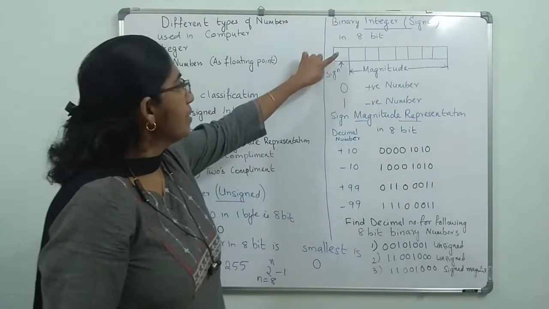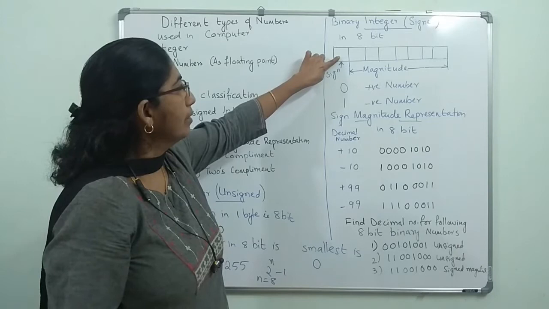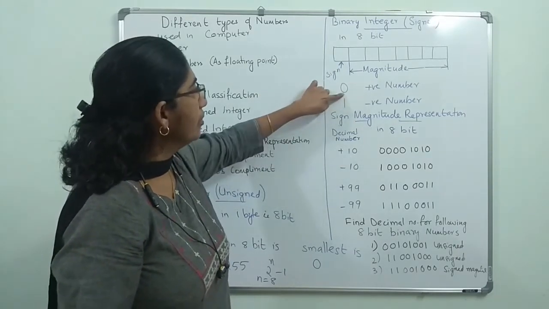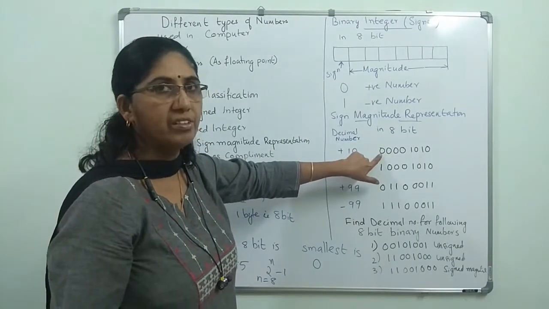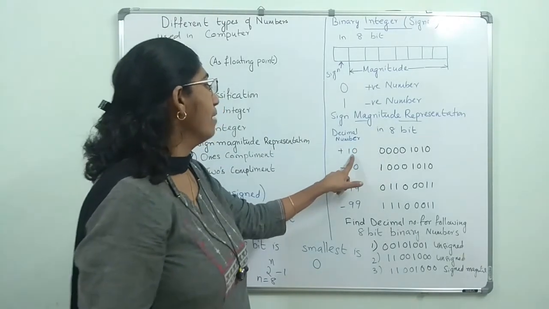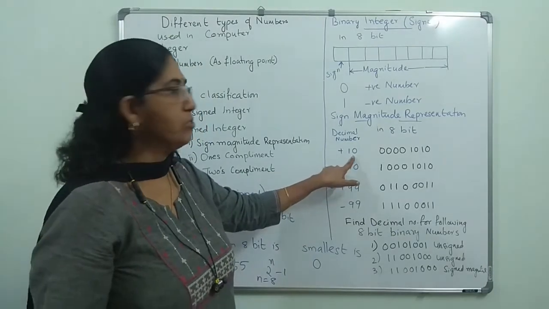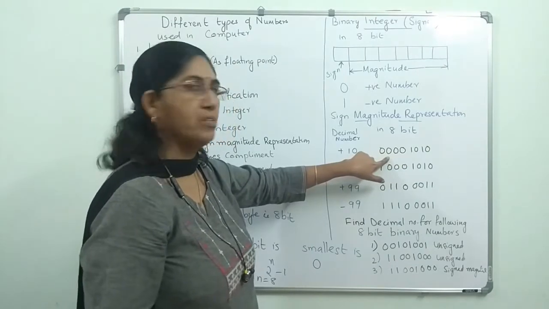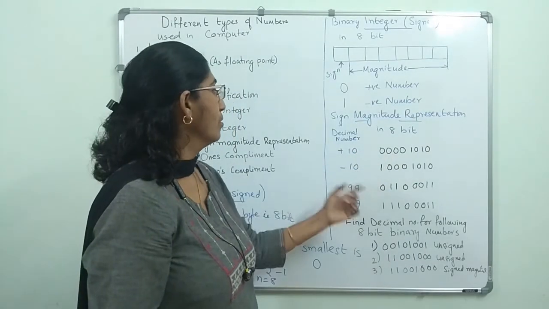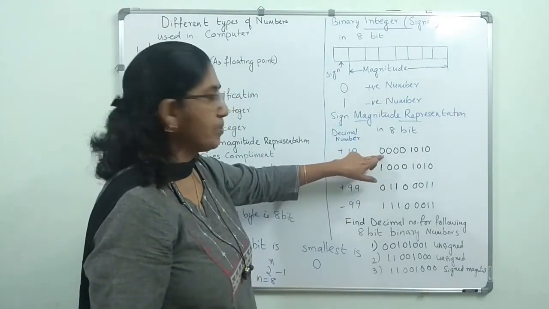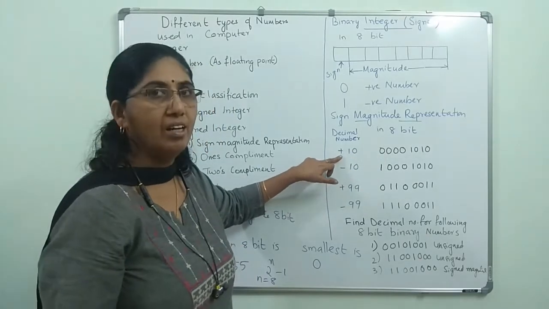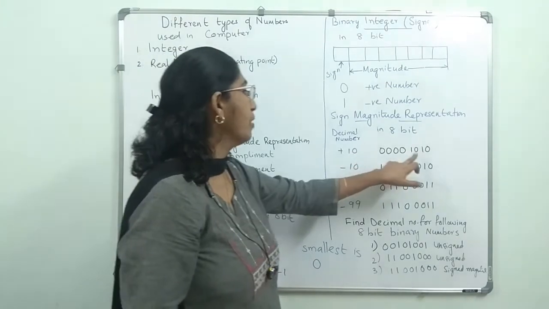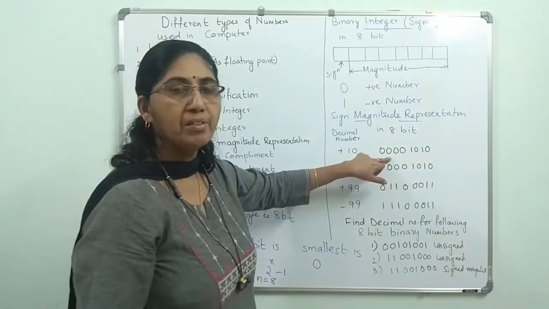So what you do is, the first column, because it is a positive integer, you have to put 0. Then 10 requires only 4 bits to represent. 1010 will give the value 10. The rest of it you put as 0. Clear? So the first 0 represents that the number is a positive integer. Then it's binary. Binary of 10 is 1010. All the others you keep at 0.